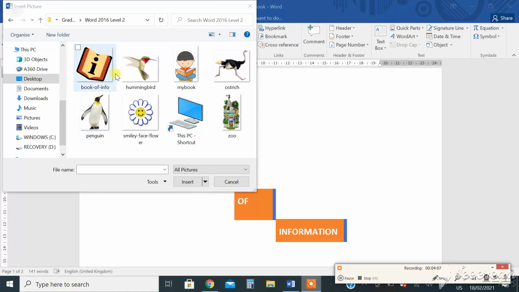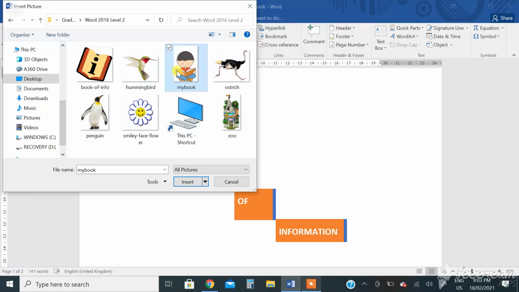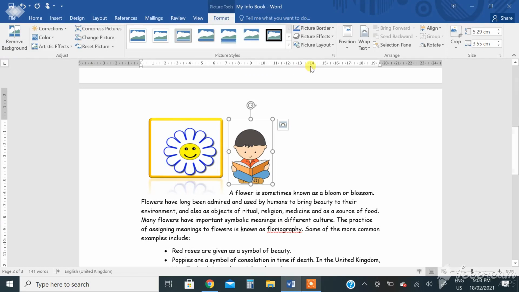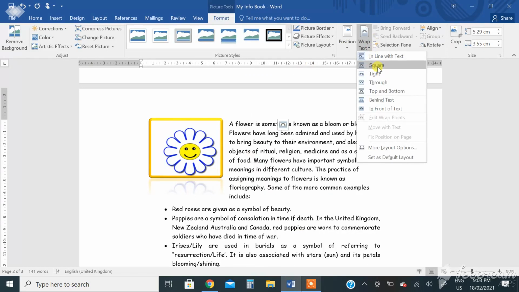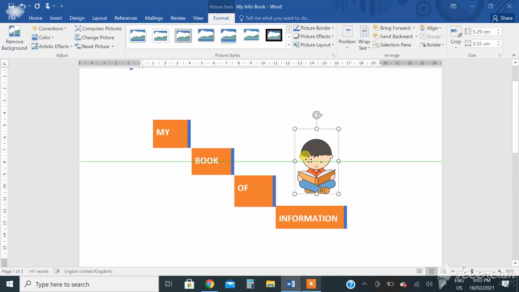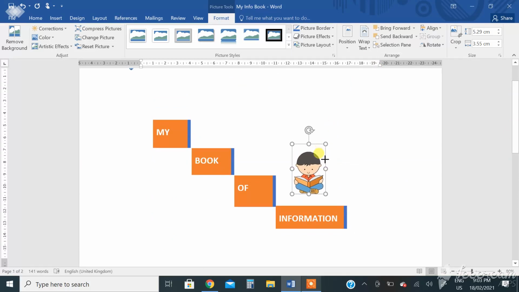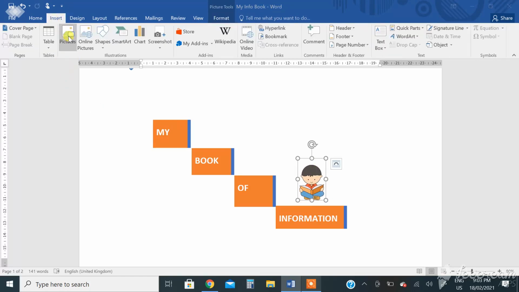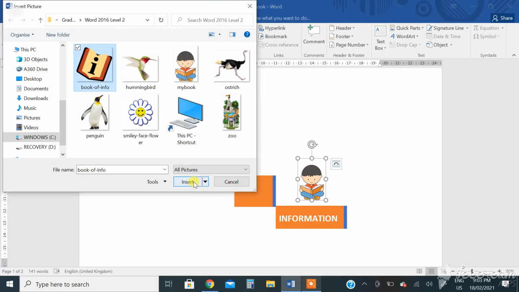My Book, okay, this is the picture. Go to Text Wrap and Square and then resize it. Now again go to Insert tab, Pictures, select Book of Info.